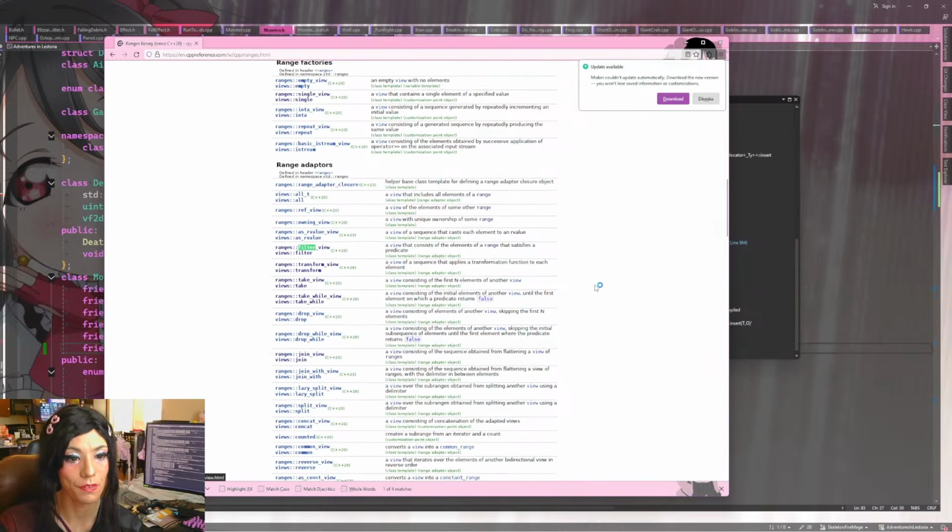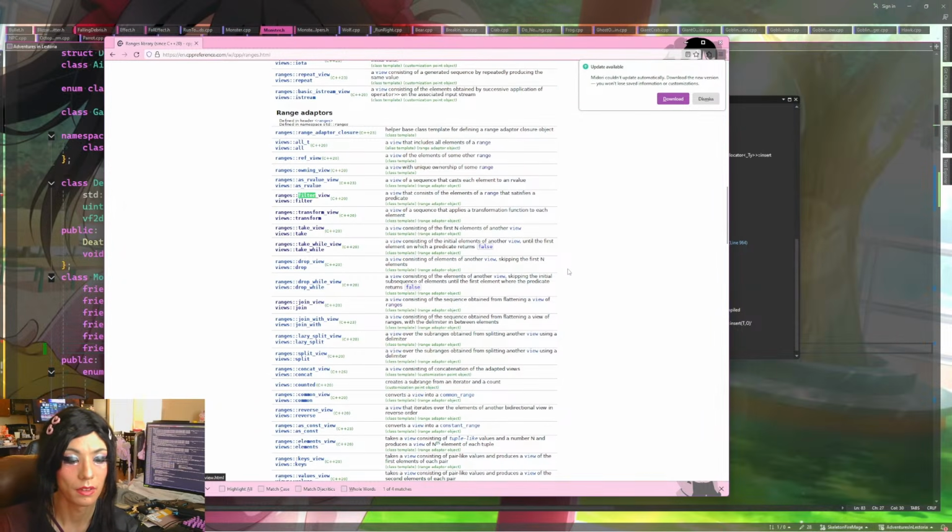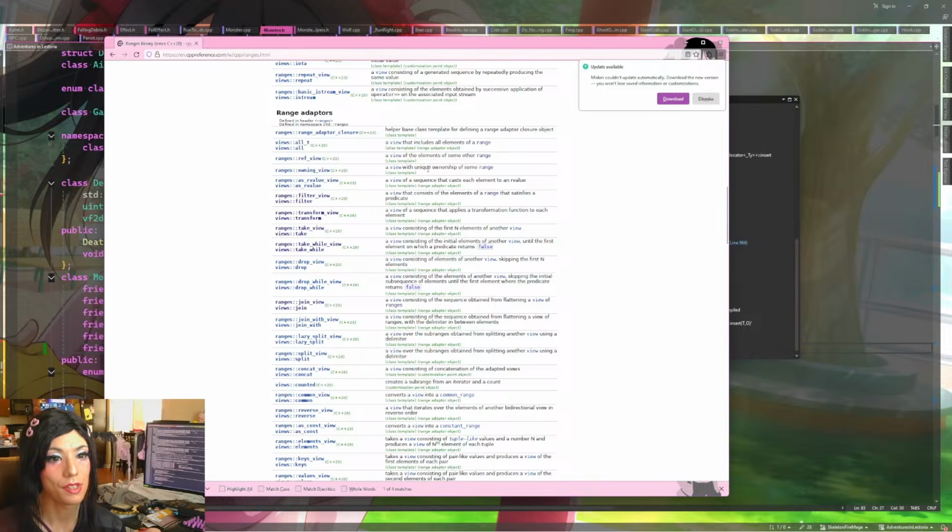Okay, here's filter view, transform view, take view. A view consisting of the initial elements of another view until the first element on which a predicate returns false. Includes all elements of a range, elements of some other range.